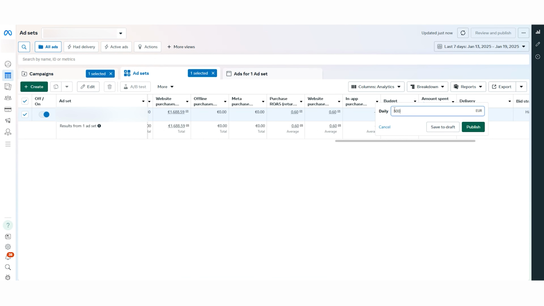Insane cost per purchase and stuff. I'm going to close this one and this one. I'm going to leave this one because it has good cost per purchase. It just didn't get good AOV and I'm optimizing for AOV. And I guess we will take it from there.